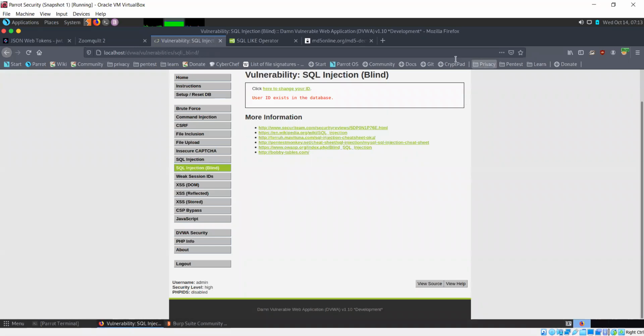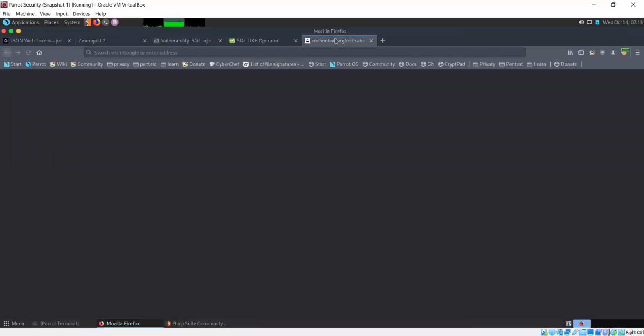Let's say I also visit this MD5 online, or I go to Zoom 12Q. This is that zooming wallpaper that I showed you earlier. I hope you can see this.